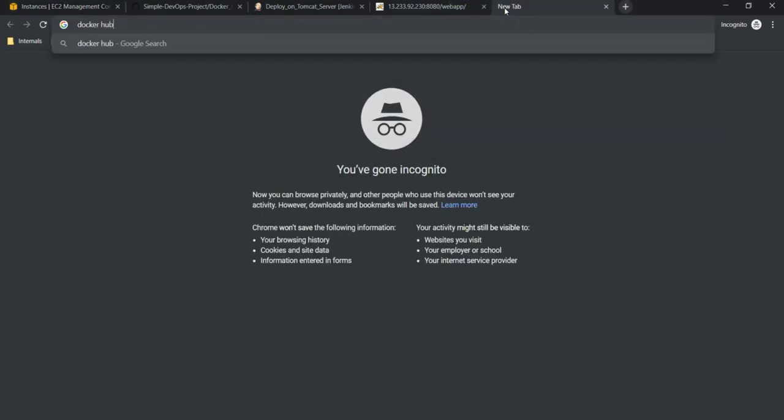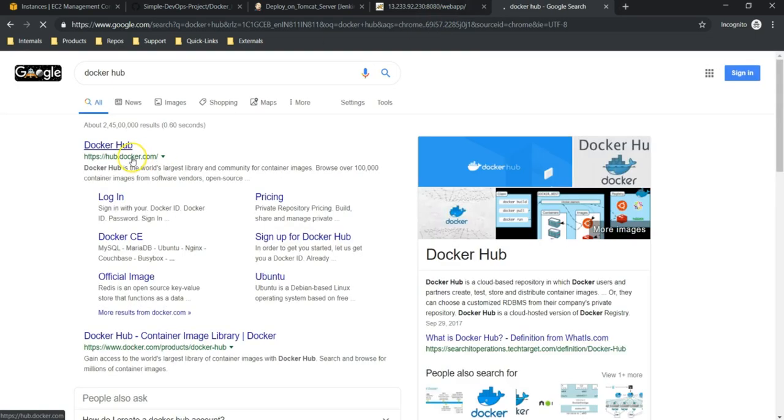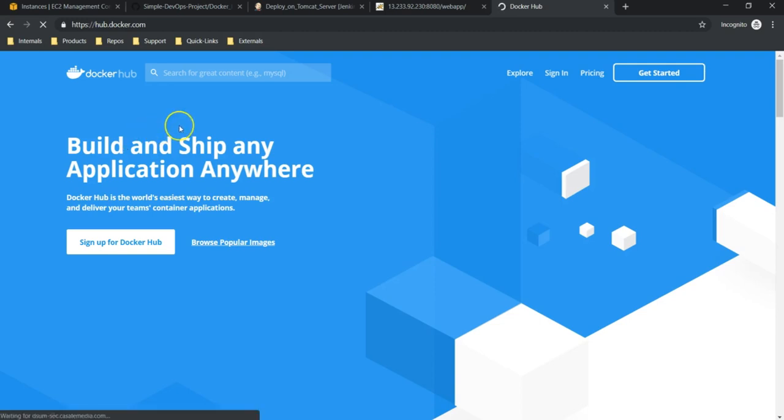Search for Docker Hub. So this is hub.docker.com. This is what we are going to use. So usually if you don't have any images or you don't have any Dockerfiles, you can pull some of the Docker images from Docker Hub. These images are created by official product owners, or people like us can store Docker images. In Docker Hub, there are two kinds of registries, that is public registry and private registry. If you want to keep your images privately, you can use the private repository.